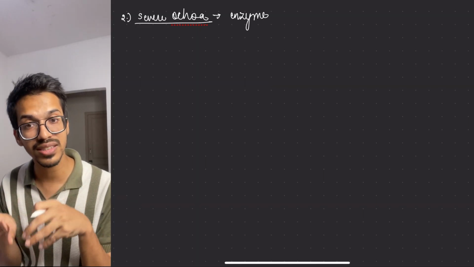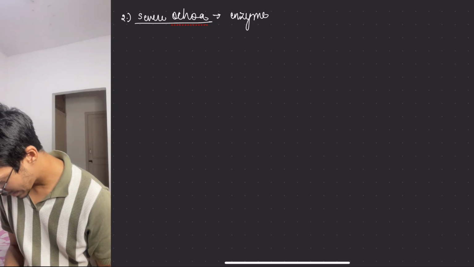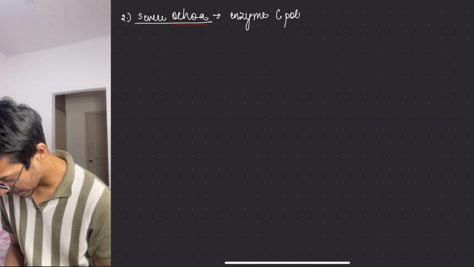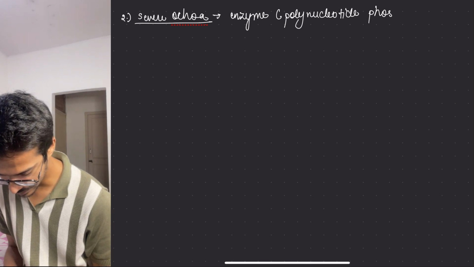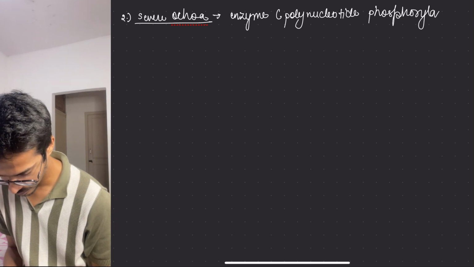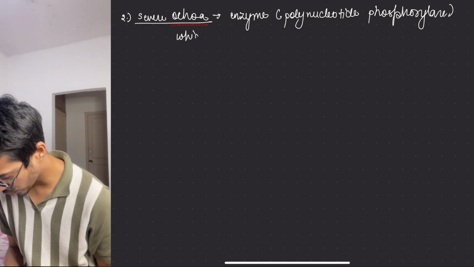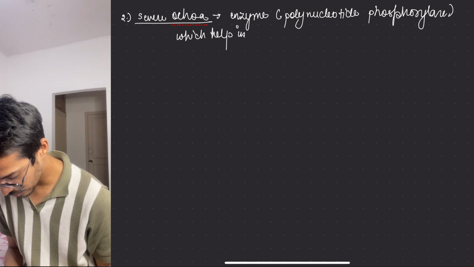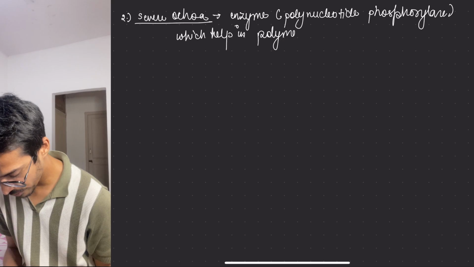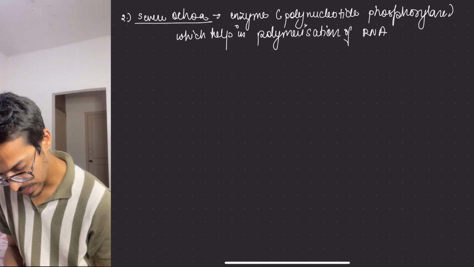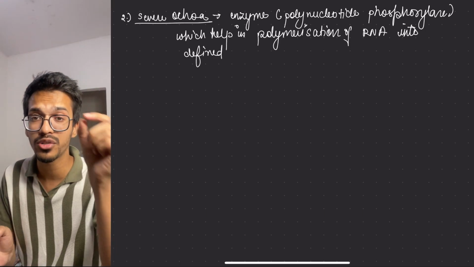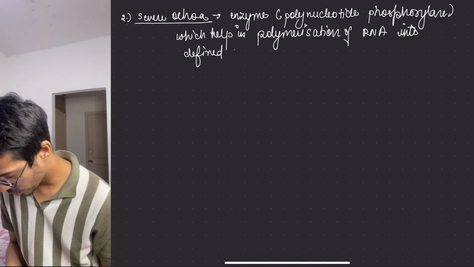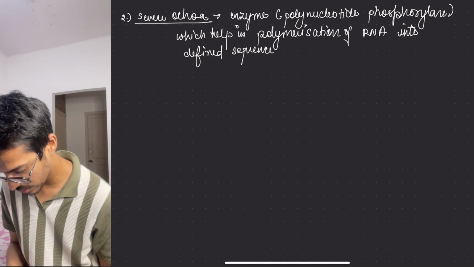So this enzyme is able to do that. It found the enzyme polynucleotide phosphorylase, which helps in polymerization of RNA into a defined sequence which we want, meaning whichever nitrogenous base we want to put,